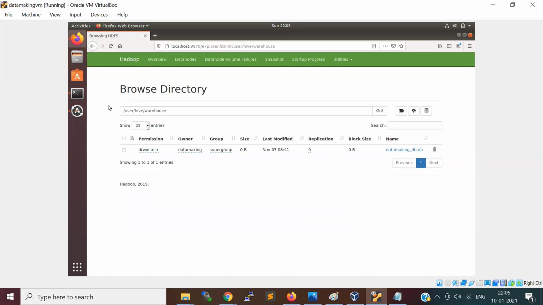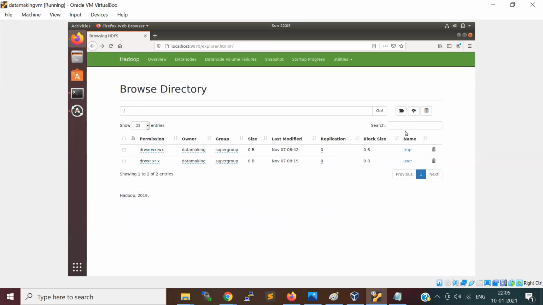All this is with respect to the Hive component, so I will not disturb this. You can also create a directory. Earlier, with the Hadoop 1 version, we just had a web UI and didn't have the option of creating directories. The recent versions of Hadoop introduced creating directories from the web UI itself.